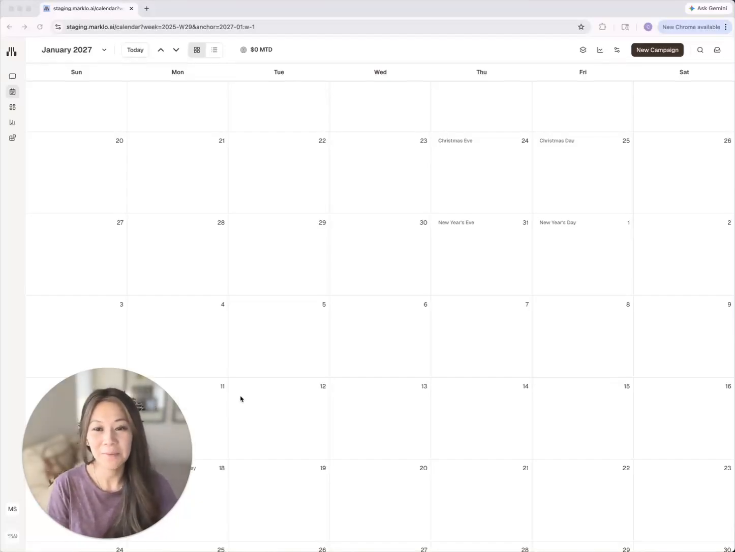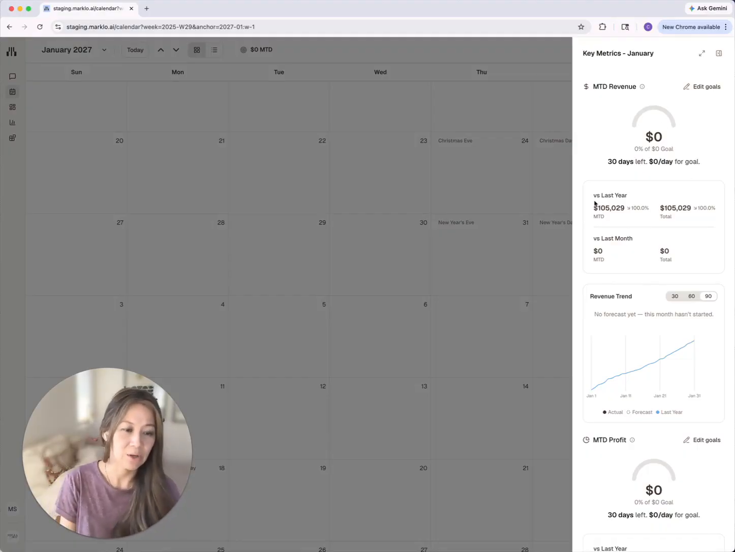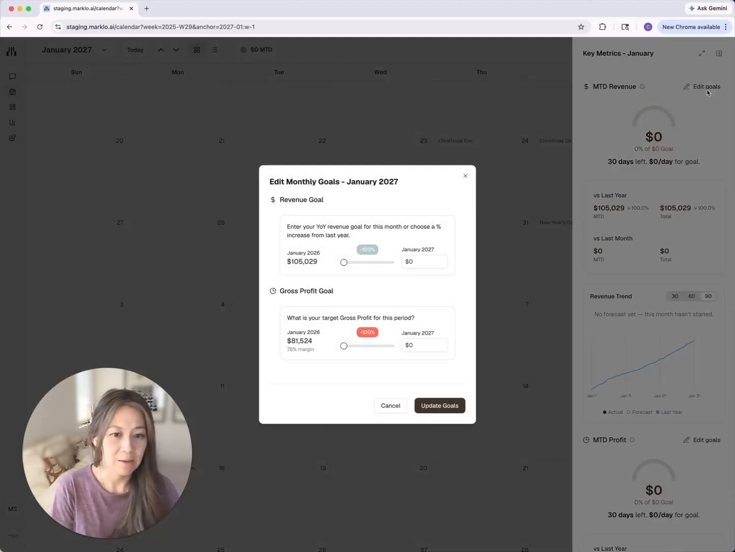Okay, we're going to talk about one of my favorite parts of the Marklo calendar, which is the goals tracker, and you'll find it up here. But what you need to do is click on that. If I'm setting a goal for January 2027, for example, what I would do is edit my goals over here